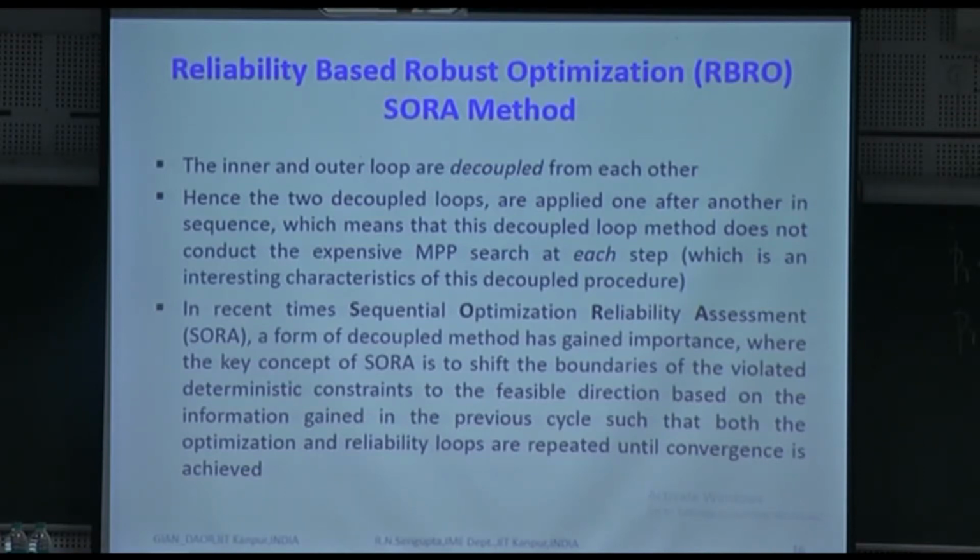Now remember, in this problem, the objective function doesn't have any probability. They are non-deterministic, which is true, but your constraints are more probabilistic. Based on this, you want to shift the boundary, find out the MPP point in the U space, revert back to the X space, and continue it as it is.